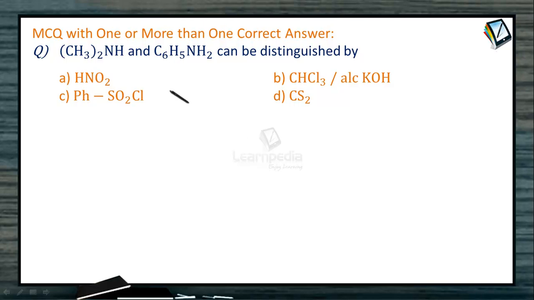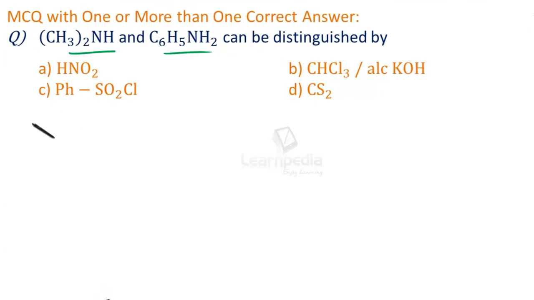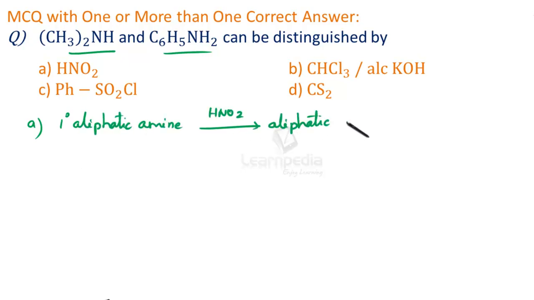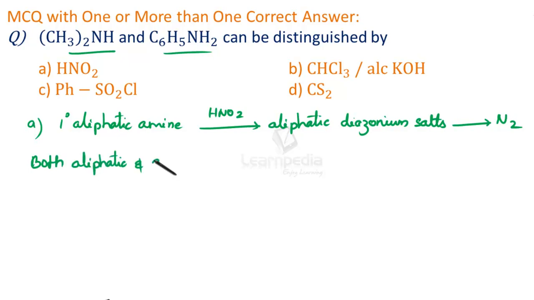Here we need to select the reagents which are useful for distinguishing this secondary amine and aromatic primary amine. Let us start with the first one, that is nitrous acid. Primary aliphatic amines react with nitrous acid in order to give aliphatic diazonium salts. These being unstable, they liberate nitrogen. Whereas both aliphatic and aromatic secondary amines react with nitrous acid in order to give